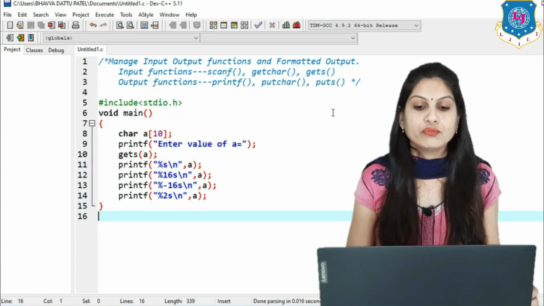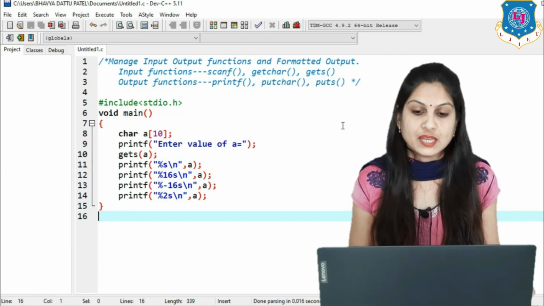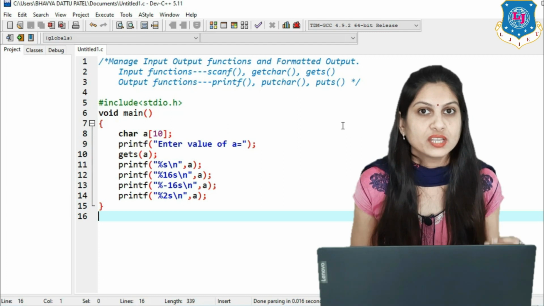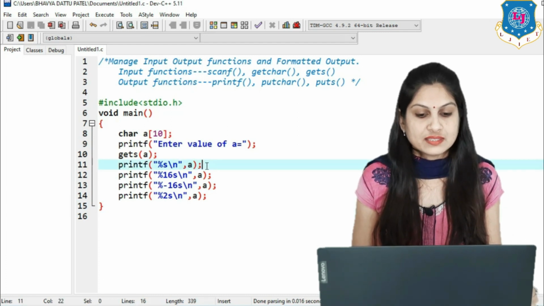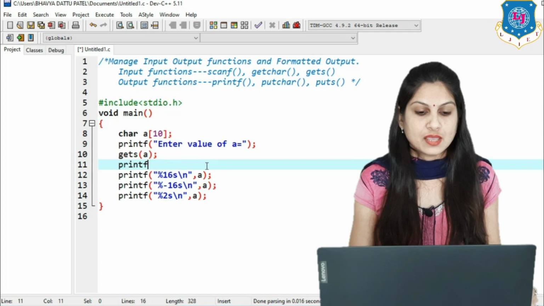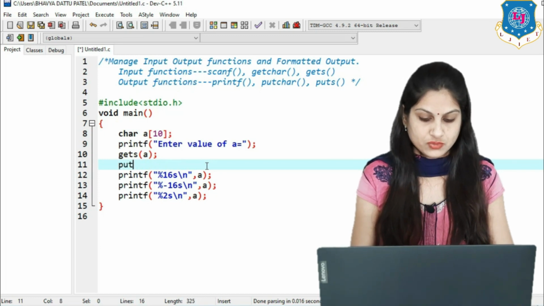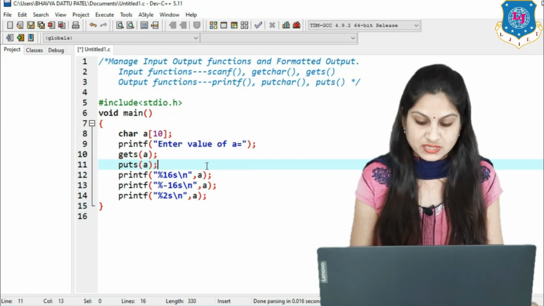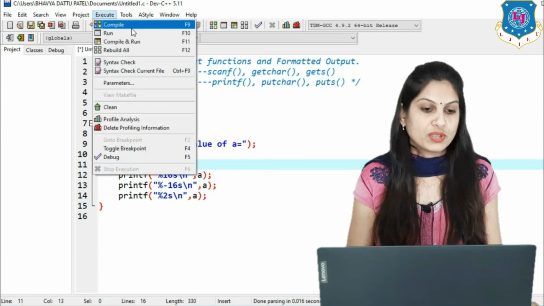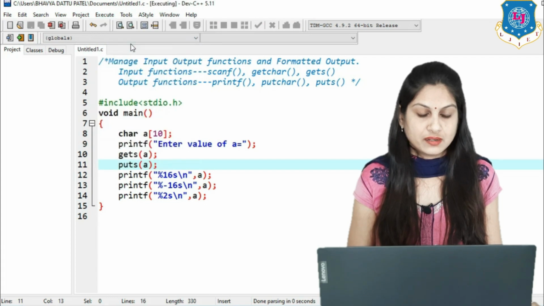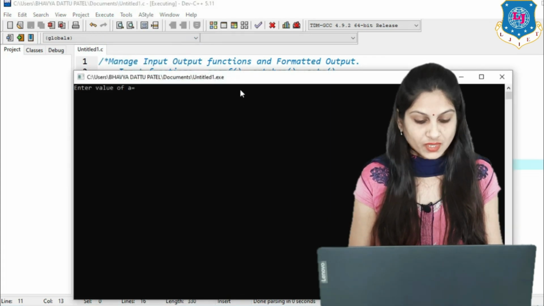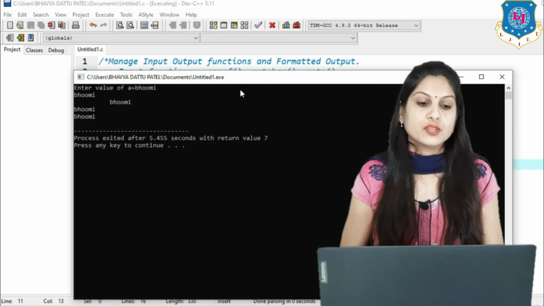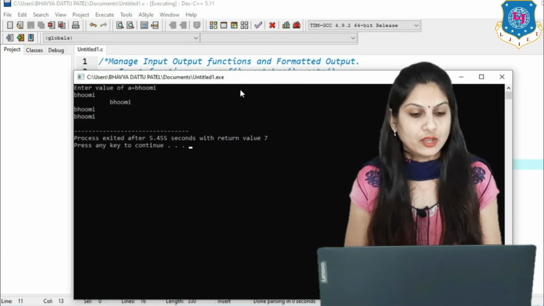Now if you want to change, the functions puts and putchar, what are these used for? Printing on output. So for that, instead of printf, here I am using the puts function. The puts function is for printing a string, and the name is suppose s. So the same output you can find. Compile and run this program. Here I am entering my name, then you can find the different formatted output. Clear?